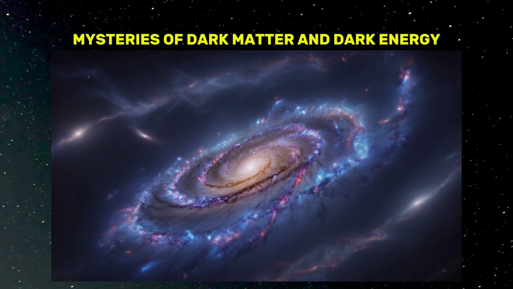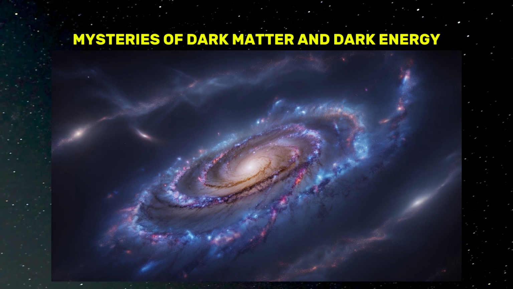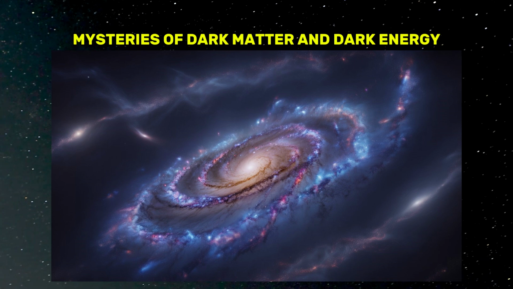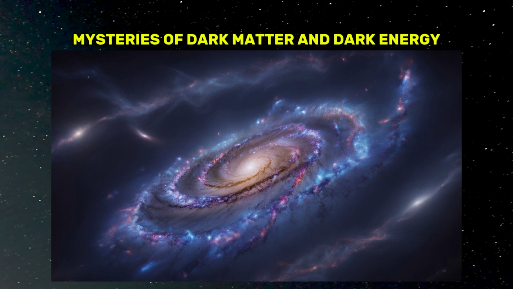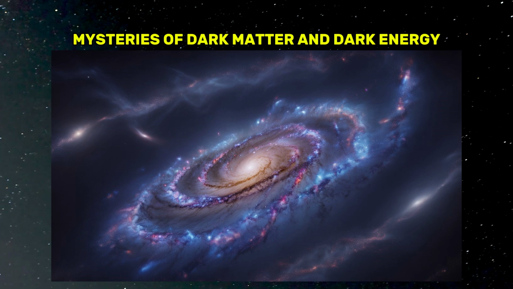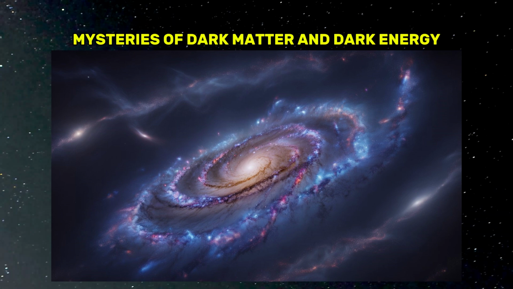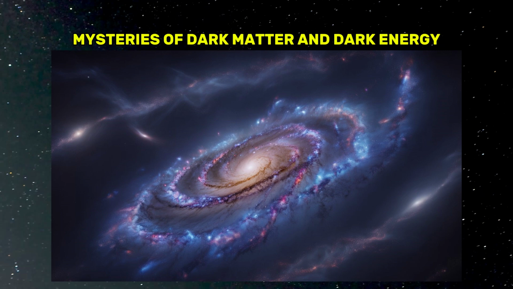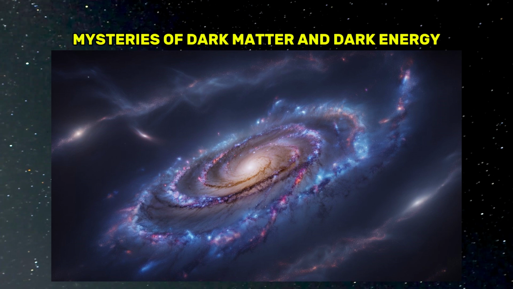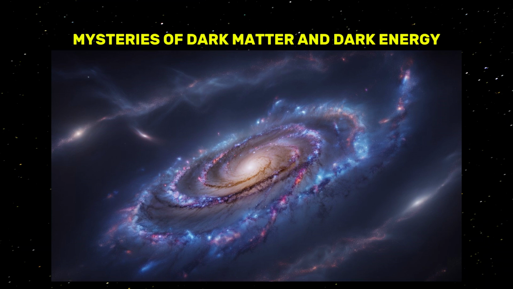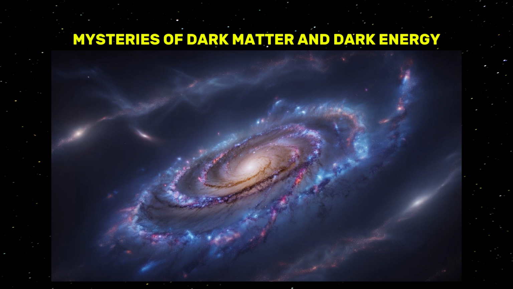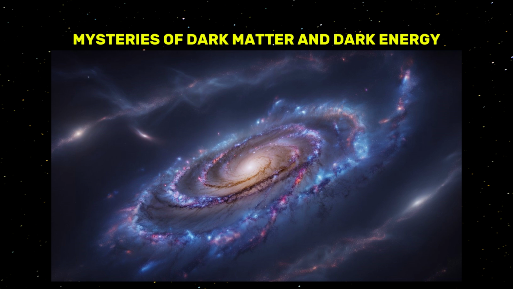Dark energy is even more elusive. While its nature is still not fully understood, one hypothesis connects it to the cosmological constant, something Albert Einstein originally proposed in his equations of general relativity. Ironically, Einstein had introduced the cosmological constant to maintain a static universe, but later discarded it, calling it his biggest blunder when he learned that the universe was expanding. In a curious twist of fate, this cosmological constant has returned as a candidate explanation for dark energy.